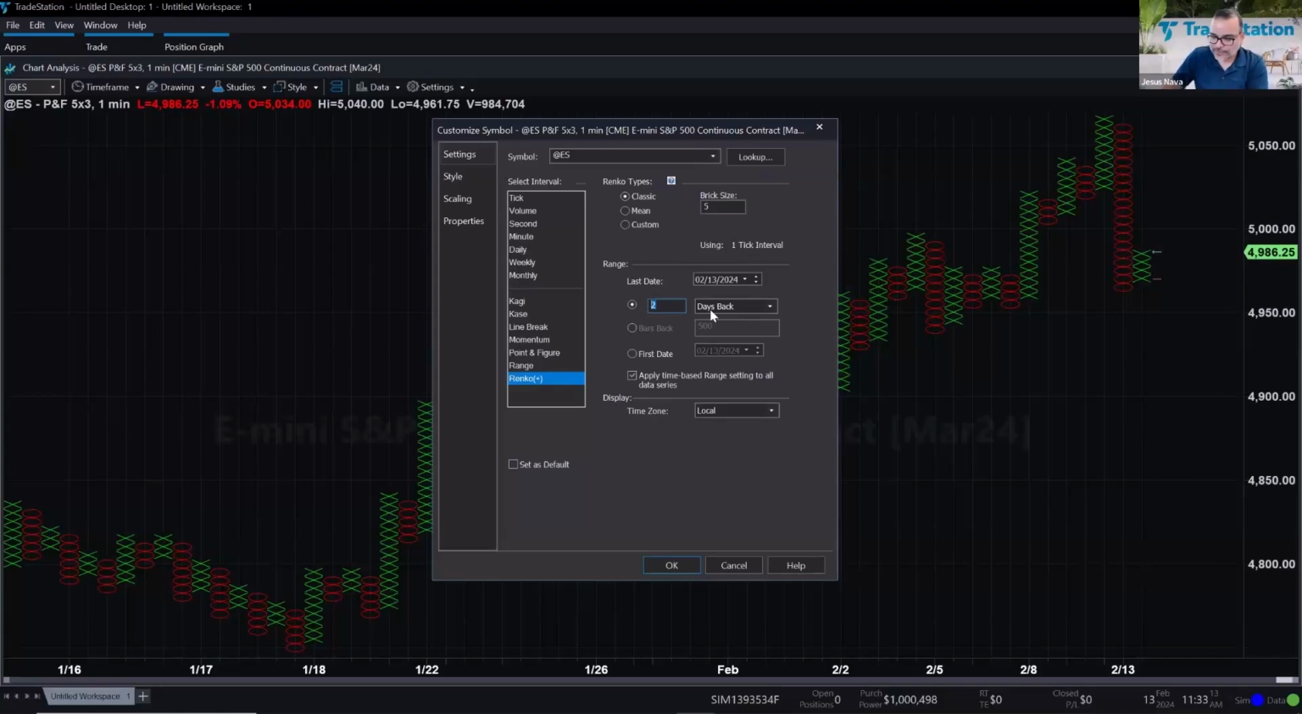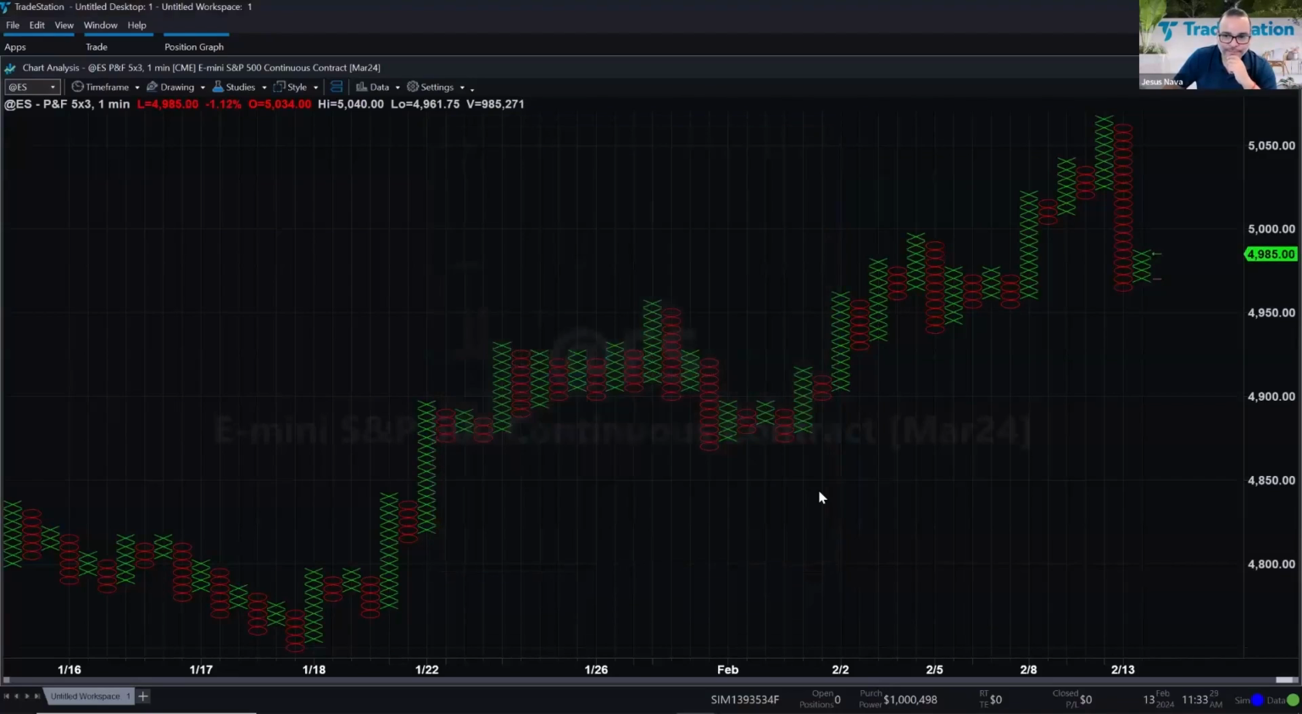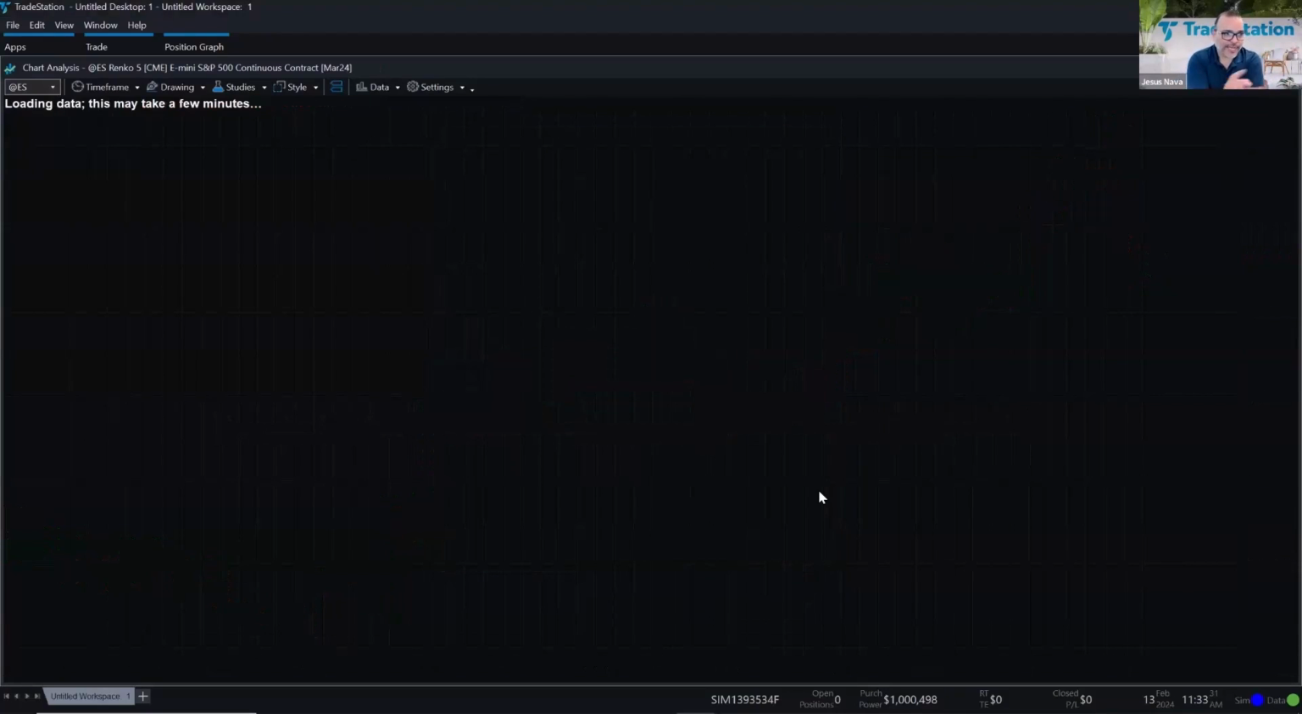I'm going to do 6 months back. I'm doing 6 months back because there's no time component that I can choose. This is using one tick interval, regardless of what I want, because that's all that it uses, tick interval. I'm going to go here and click OK. This will take a few moments to load, but